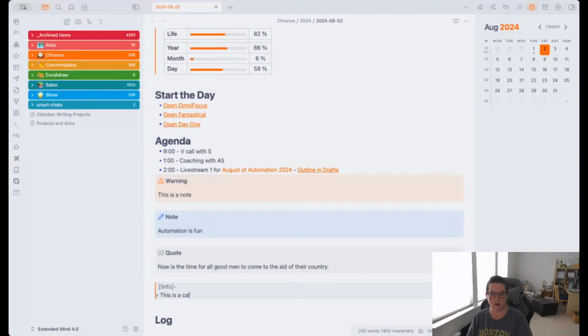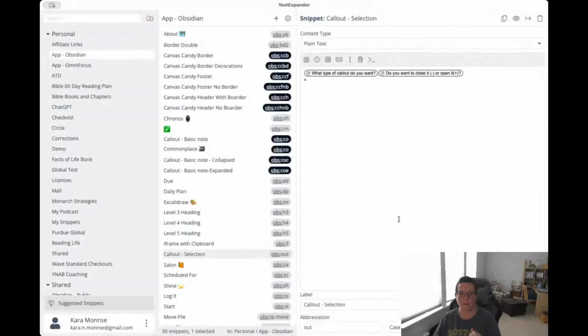This is a call out that is not expanded. So then I can enter. And now to open this call out, I have to hit my little down arrow. Okay, so first of all, we've quickly automated. We've gone from something that would have taken us, let's go back to text expander here. As you can see, I had actually started doing this.